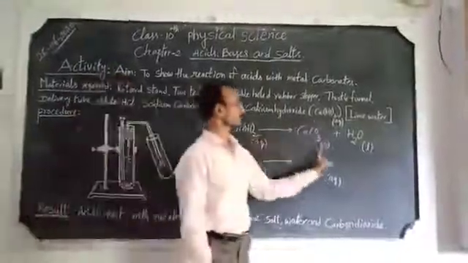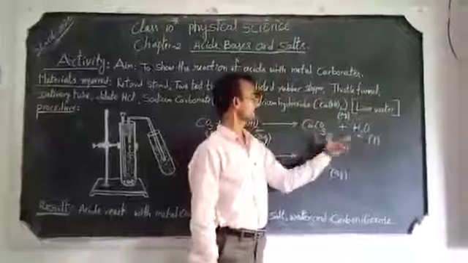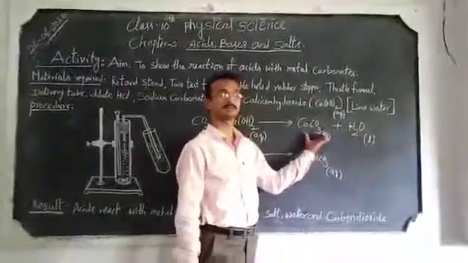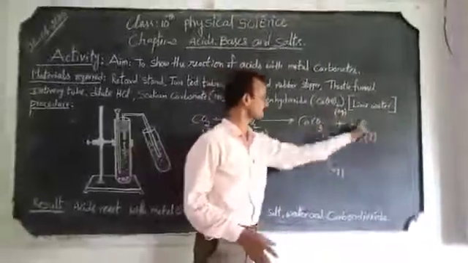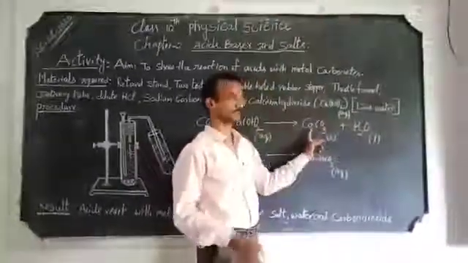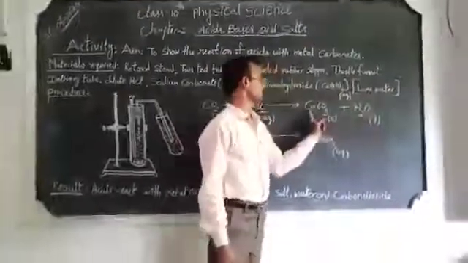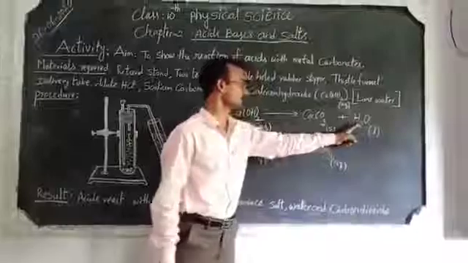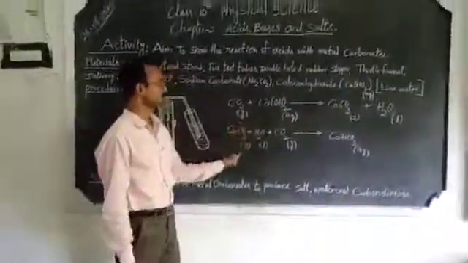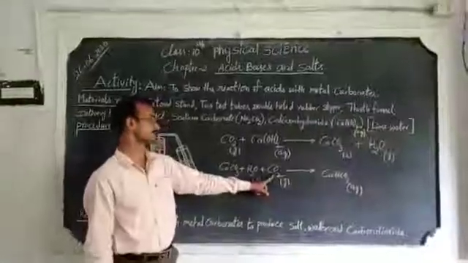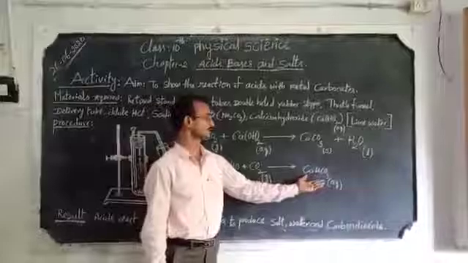Moreover, if excess carbon dioxide is passed, we lose the color again. We must take care; we should pass only a limited amount. If excess carbon dioxide is passed, this product disappears. Let us see how. For the mixture of calcium carbonate and water present in this second test tube, if excess carbon dioxide is passed, the entire white colored substance changes into a colorless aqueous substance.